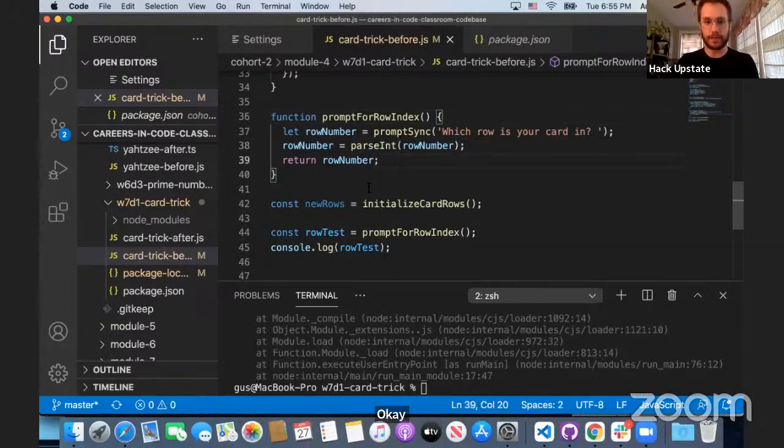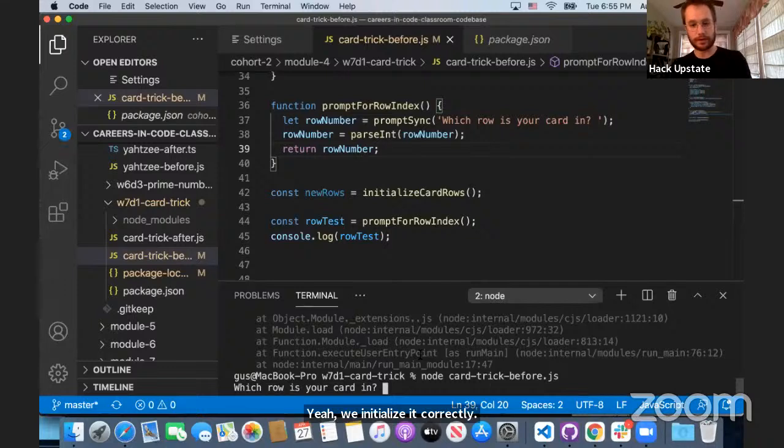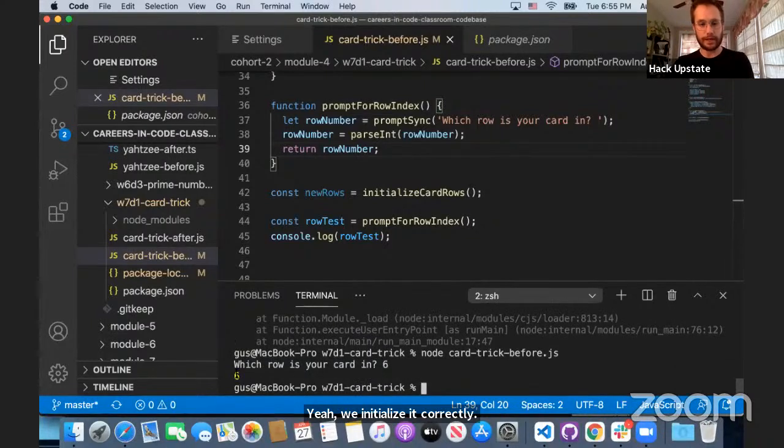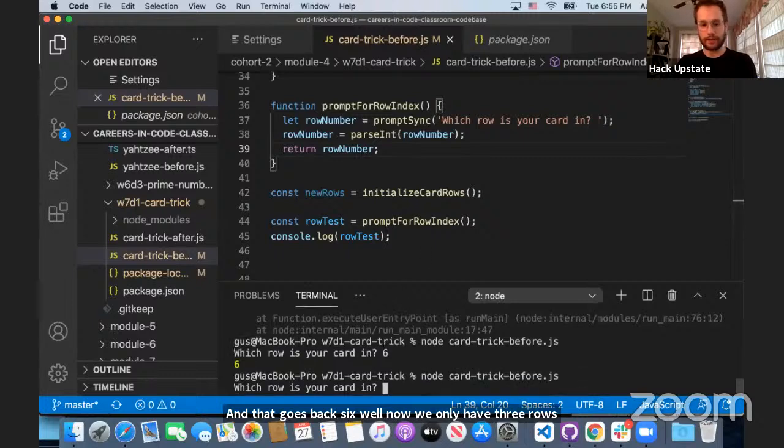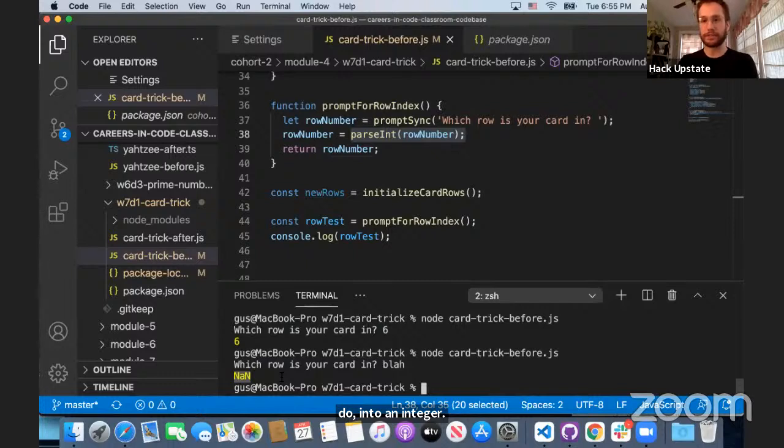So we can, yeah, we initialize it correctly. And we say, which row is your card in? And it echoes back 6. Well, now we only have 3 rows. And by the way, I can also say blah, and it's going to say not a number, because it tries to parse whatever we do into an integer. And blah is not a number, so it becomes this value not a number,